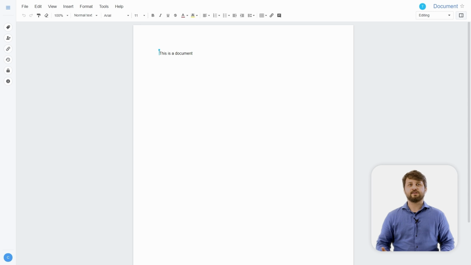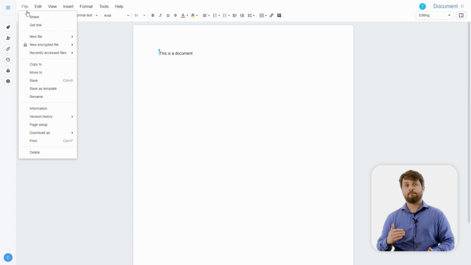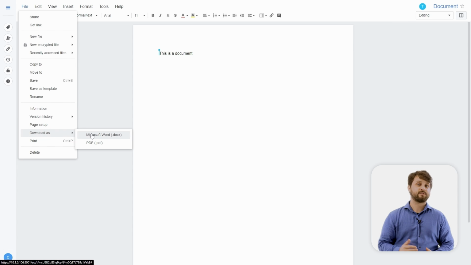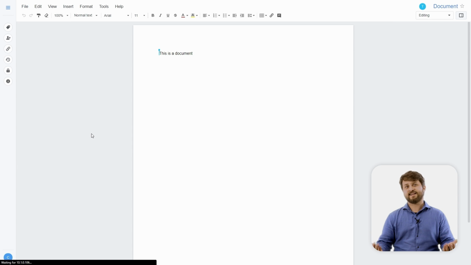So now, lastly, what you can do is actually download this document and convert it back out of a Synology document file back into a regular Microsoft Office file so that you can begin editing it outside of the cloud platform. Just because you converted it to a Synology Office document doesn't mean that you can't convert it back into a regular Microsoft Office document. So that's just really the flexibility of the Synology Drive web portal and really shows you the power of this private cloud you've now just created.